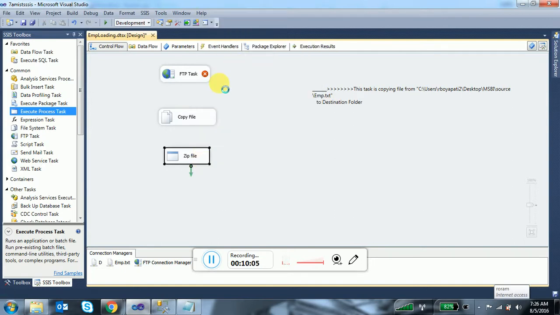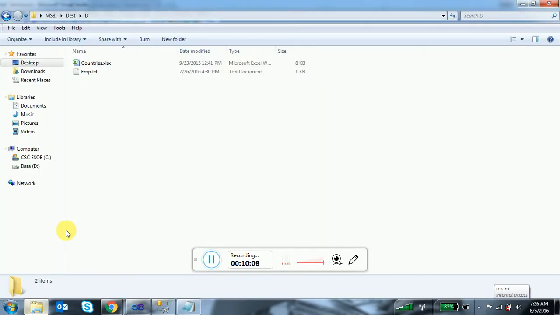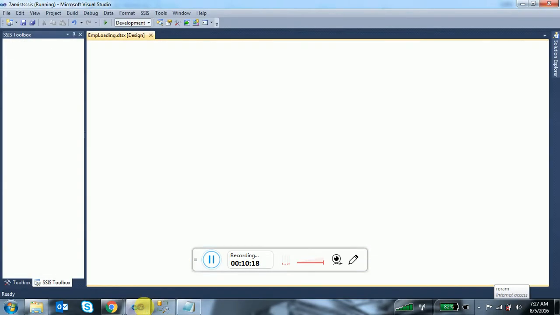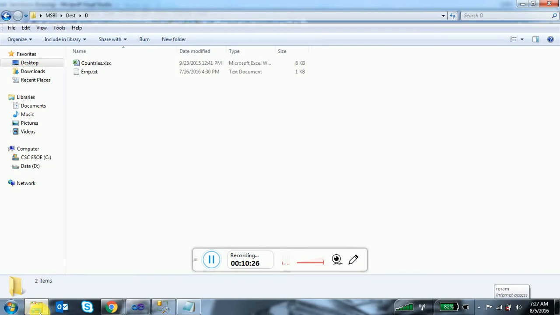So the anu.zip file is coming here, right? And whatever file is coming here, if you want to extract or unzip it, yes, we can do the unzipping also. But before that, I want to do one requirement.